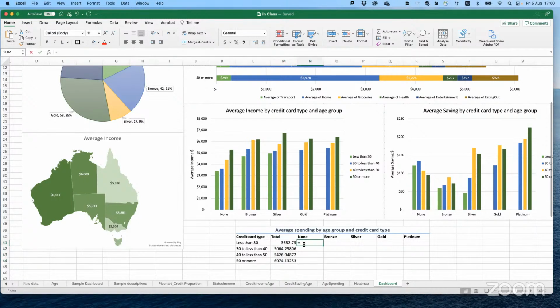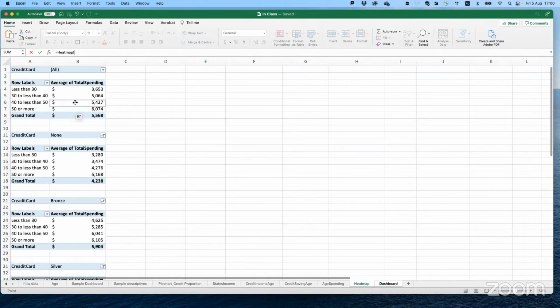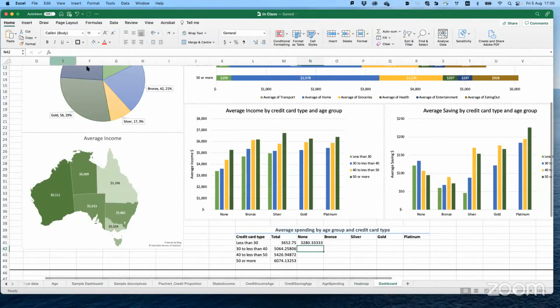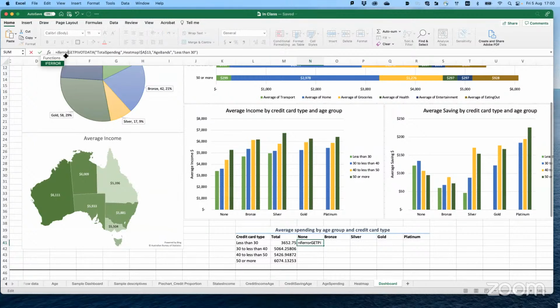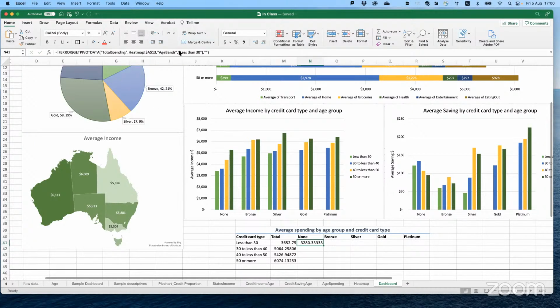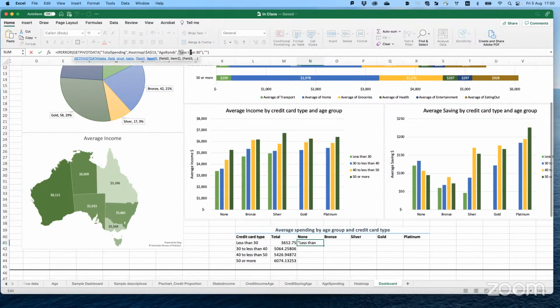For the second one, you do the same again. This time you go to your heat map, go to non-table, enter, and you see the formula. You do all of the steps. IF ERROR, then you go comma, add everything, go here, change it to an address instead of having the formula, and then you should be able to drag.